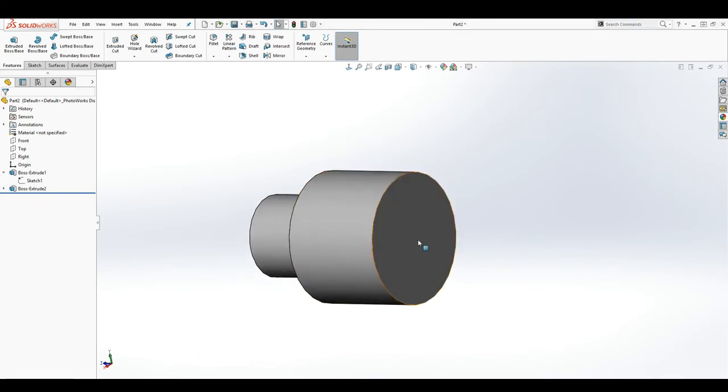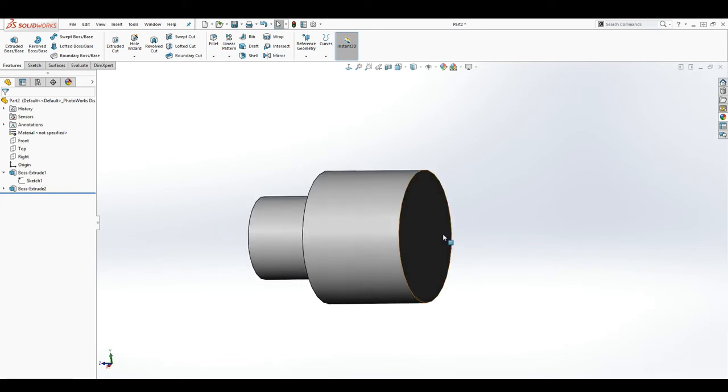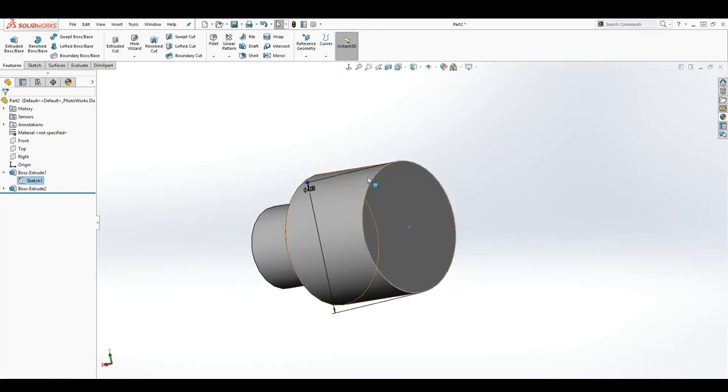So the first one we are going to talk about is how to share a sketch. Sharing a sketch is pretty simple. I have this feature as a sketch, and let's say I want to draw another feature out. I want to extrude this cylinder out. Instead of drawing another sketch, if I click on this sketch, you can see